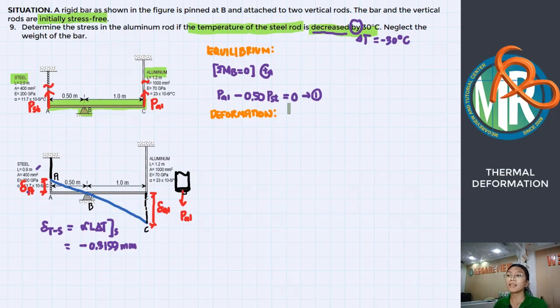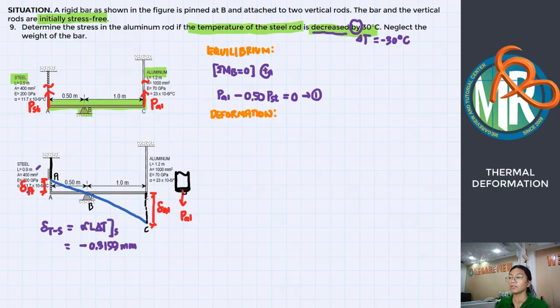So, hindi kasali yung aluminum rod. I don't know kung paano yan nangyari na yung steel lang yung nag-change ng temperature. Basta yan yung condition sa problem na to. Balik tayo dito. Yung delta A na to, displacement ng initial point of A, ng initial position ng point A